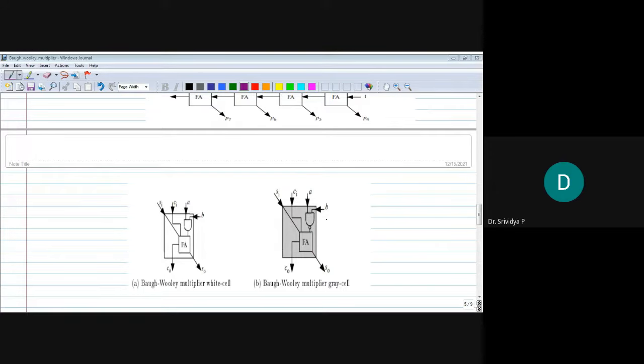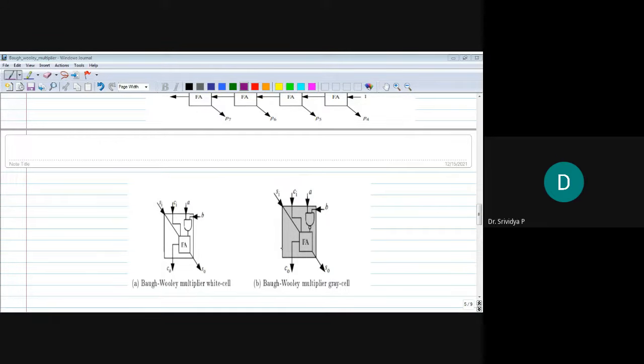Rather, A and B are first given to a NAND gate. The result obtained from that, the carry in of the previous stage, and the sum from the previous stage are given as the input to the full adder.